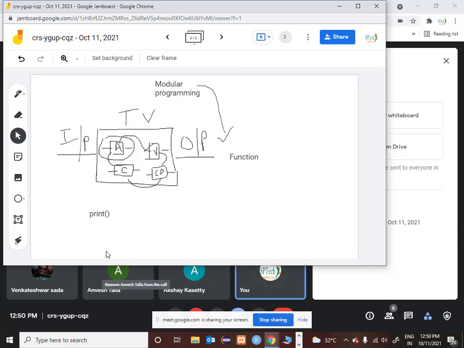But sometimes in programming there would be a requirement where you yourself have to define your own function. You have to give the name of a function and make that function do some task, and you have to keep on using that function multiple number of times. So there you have to actually use the concept of functions in Python. Now I'll show you how to create a simple function in Python.